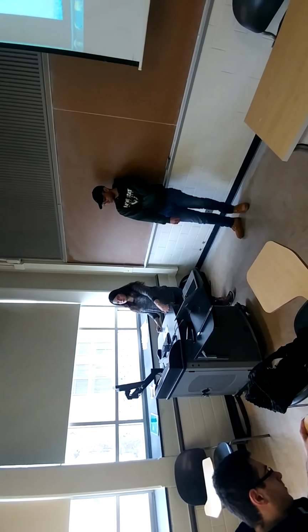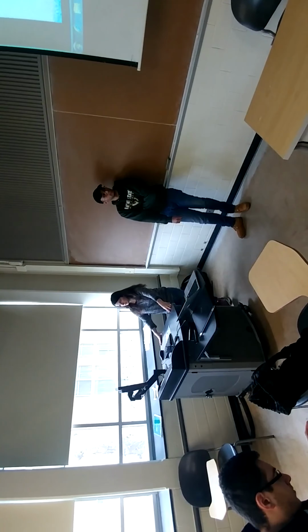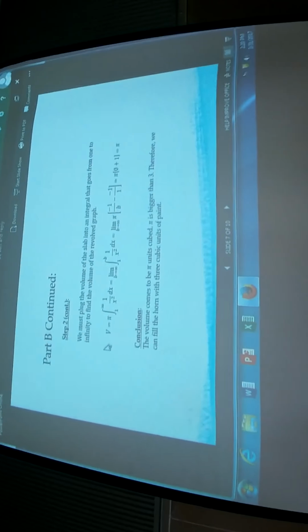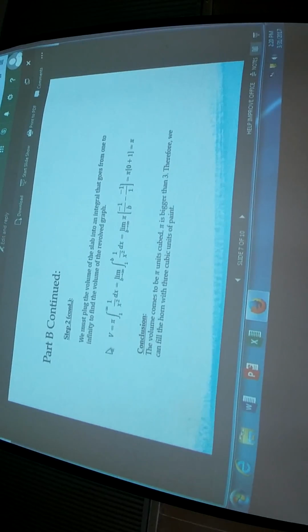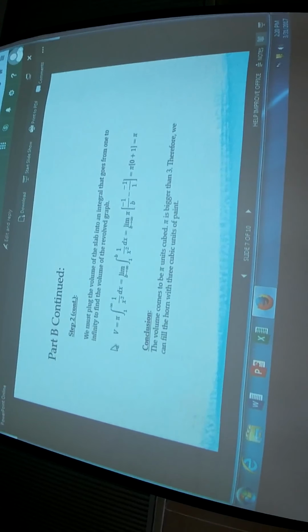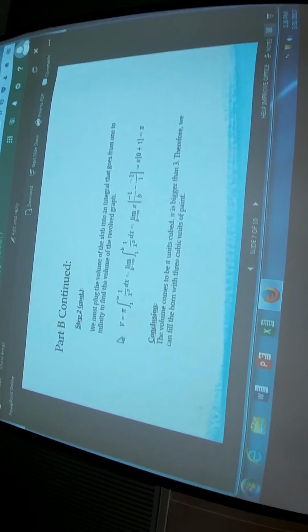And to continue, we must plug in the volume of the slab into the integral that goes from 1 to infinity to find the volume of the revolved graph. So setting it up in the equation, we have V equals pi integral 1 to infinity 1 over x squared dx. And we know that we need to take the limit of V as it goes to infinity